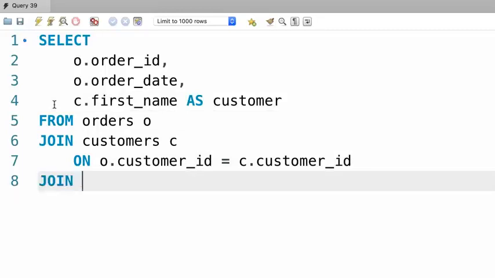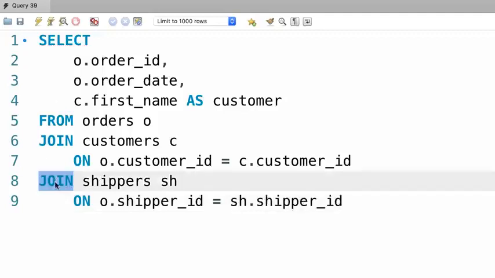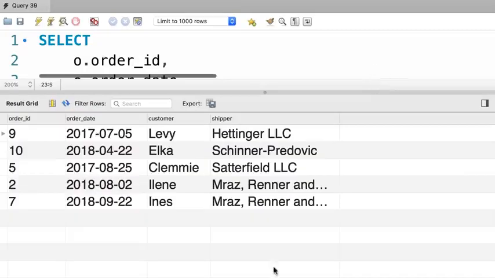So we join the result with the shippers table on order.shipper_id equal to shipper.shipper_id. However, if we use an inner join here, because some of our orders don't have a shipper, we're only going to see the orders that have been shipped. Let me show you. For clarity, I'm going to add the shipper's name here: shipper.name as shipper. Let's execute the query. There you go. We only see the orders that have been shipped, but we want to see all the orders, right? So